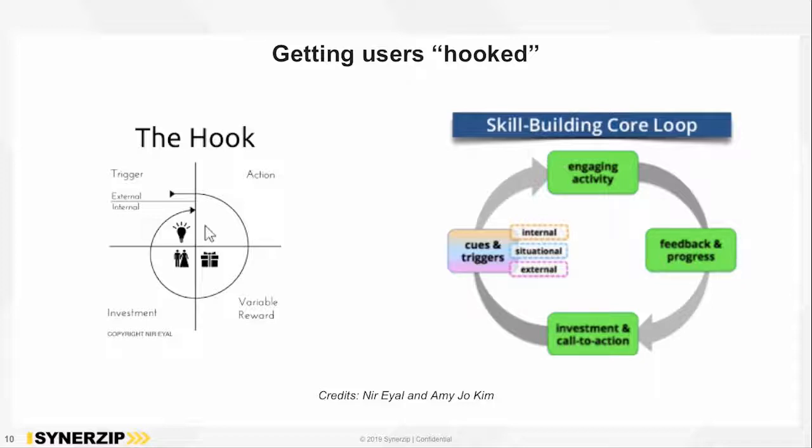And let's take a look at how they do it. So the basic idea here, and these are two pictures that you see in front of you. The one on the left is by Nir Eyal in his famous book called Hooked. In this, a user gets involved or starts using your application with a trigger, which could be an